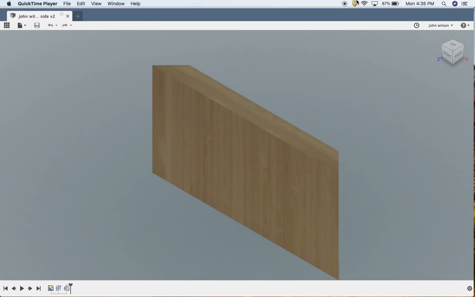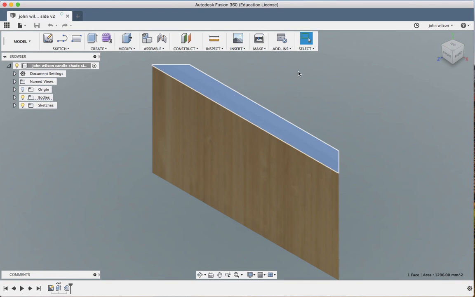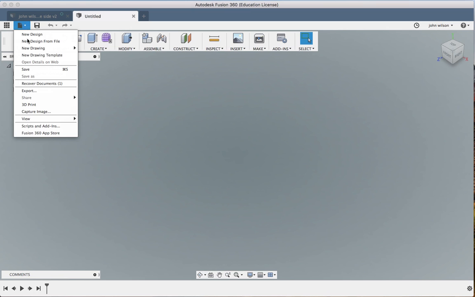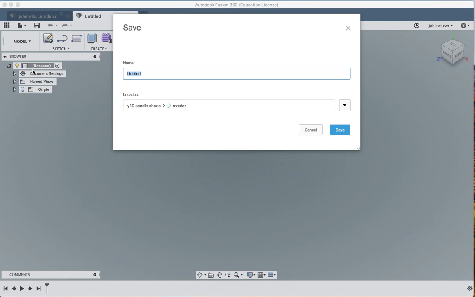So here's our drawing that we've just created of our candle shade side. And what we're going to do now is create a second design. So I'm going to click on this tab here for new design. And I'm going to save it right away, just the same as we did last time. So this one I'm going to call John Wilson Candle Shade Side Assembled, because it's the assembled or put together